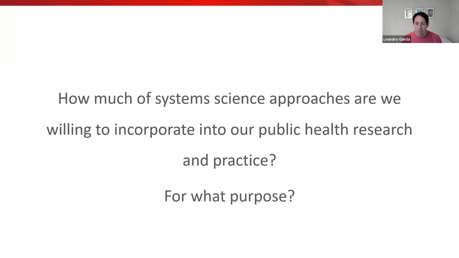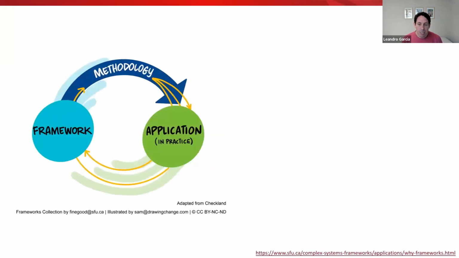So my personal view of why systems approaches haven't been fully incorporated in public health yet is because much of the public health research and practice today is dominated by key principles like the hierarchy of evidence, the study design type, so what counts as good evidence for action, very focused on measuring and predicting outcomes, on causal mechanistic pathways, controlling for confounders, intervention effectiveness, etc., which is a kind of framework that